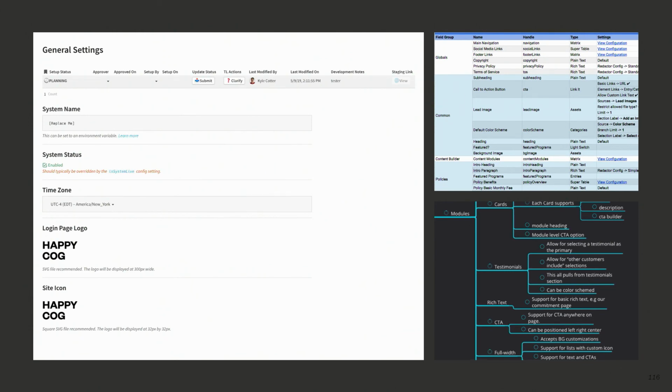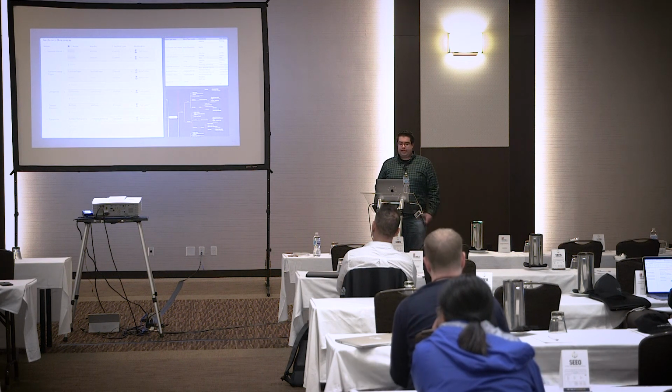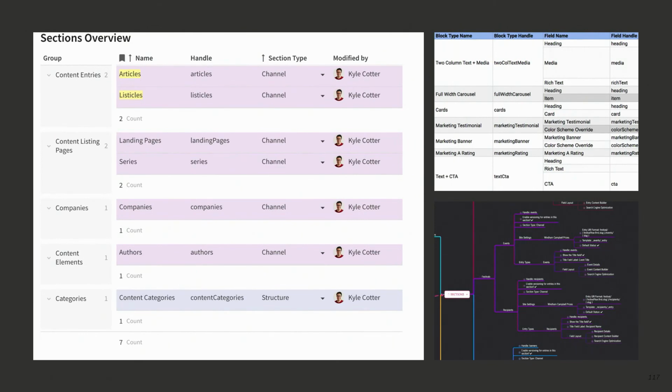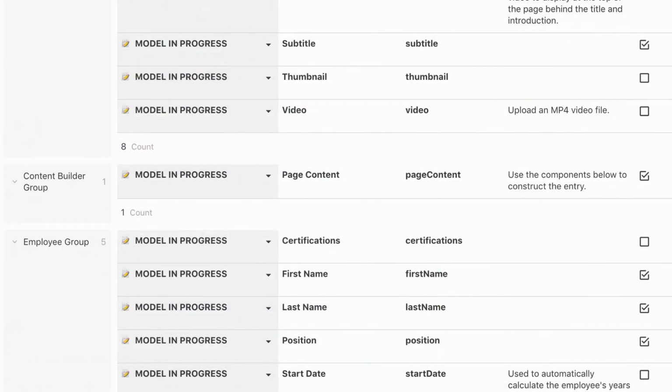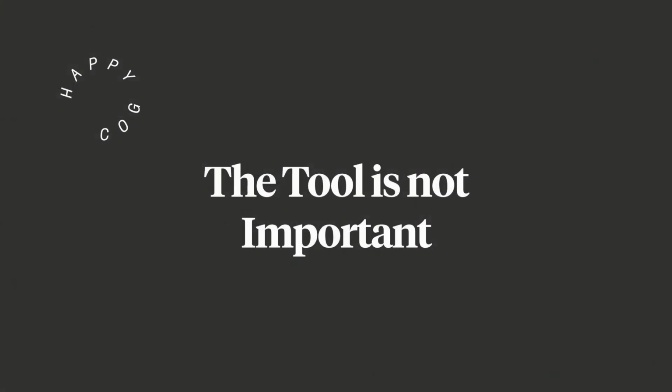We've used Google Sheets before, and then we've used mind mapping software. You can do really cool color filtering, just making it as easy as possible to get the breakdown of what your site's going to look like. Here's a closer example of some fields, some handles, some instructions. Like this was the start date, so it's a date and time field in Craft, and we have instructions and what the handle is. But the point is, the tool's not the important part. It's the fact that you're stopping to really think about these things before you get trigger happy in the control panel, clicking away.